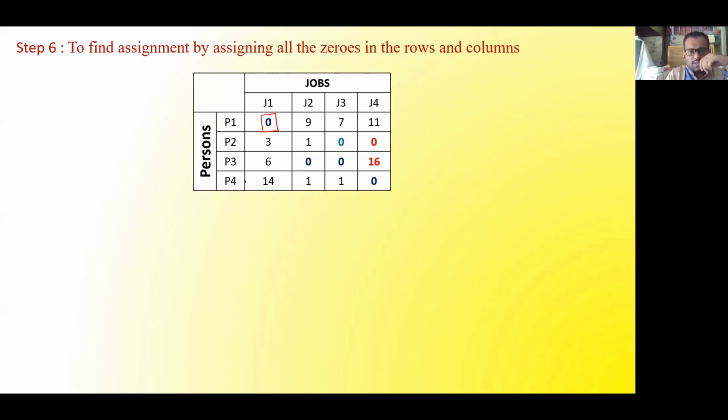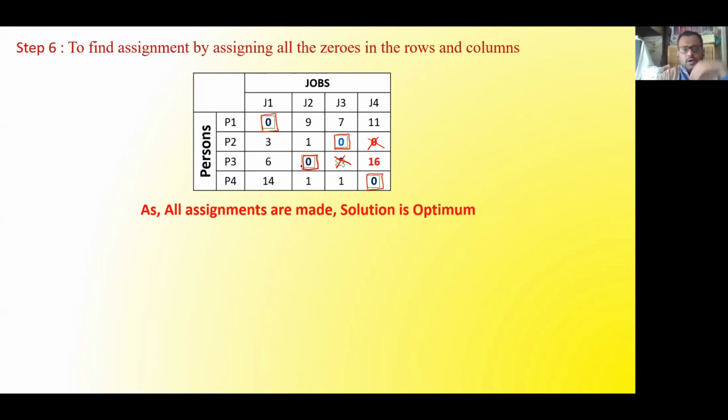In the fourth row I can get only one single zero. So I will assign this as my candidate. And once it is assigned, it cannot be assigned to any other job, so this will be cancelled. In simple terms, if we select one element in a particular row and column, and any other zeros appear there, you have to cancel them. Now if you go to the second row, there is only one single zero available. So I will assign this and cancel this out, and this will be finally assigned. So the final assignments are this, this, this, and this.